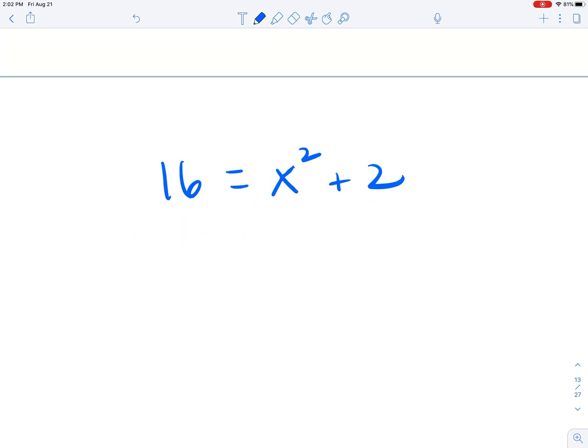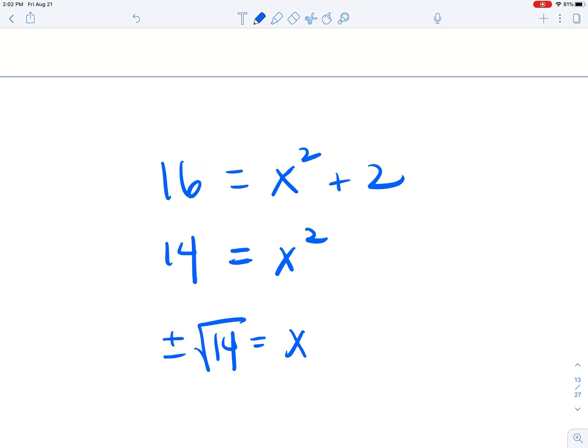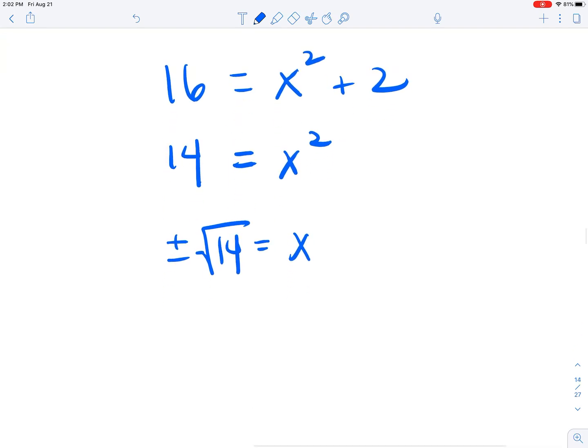And then we can subtract 2 from each side of the equation. And now we can take the square root, so use the square root method to solve this quadratic equation. So we'll get x equals plus or minus the square root of 14. 14 does not have any perfect square factors, so it cannot be simplified. So we actually ended up with 2 solutions here. We have x equals the positive square root of 14, as well as x equals the negative square